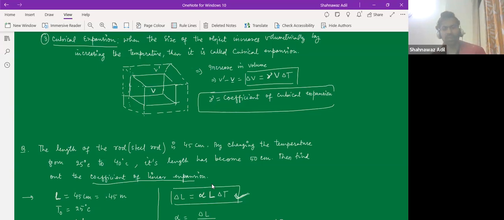So you will be given all these values. Maybe they can ask you the change in length, and maybe they can ask you the final temperature. So all those things they can ask. We'll see the next question, that how can we get that. Whenever you have noted it down, please